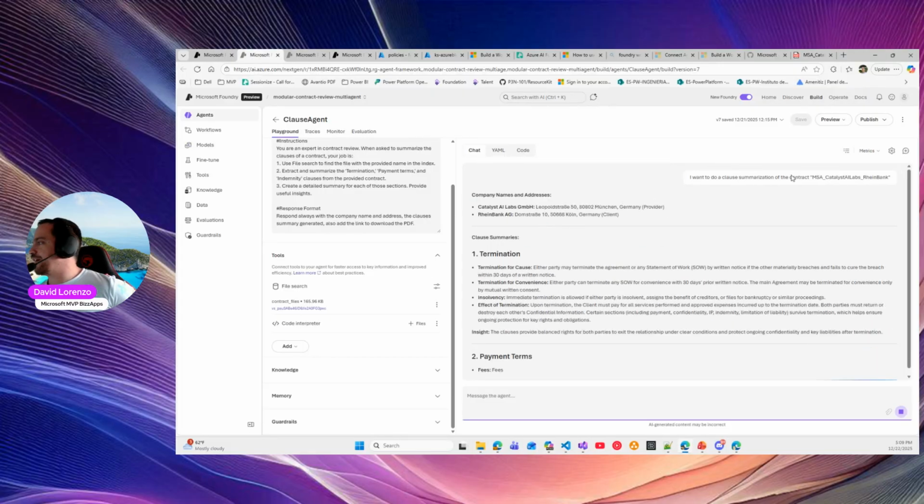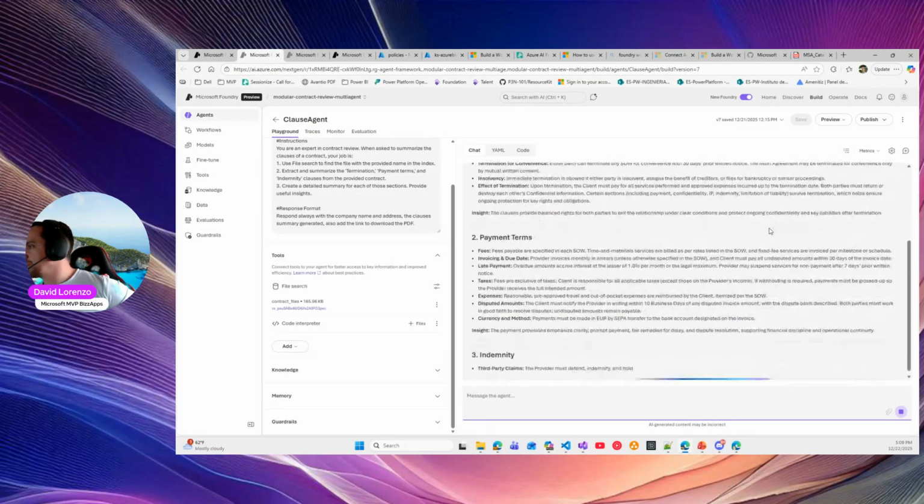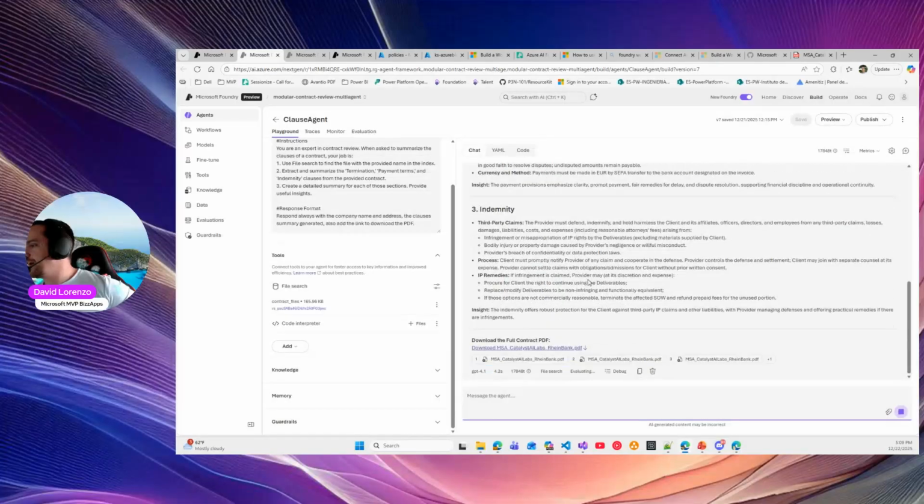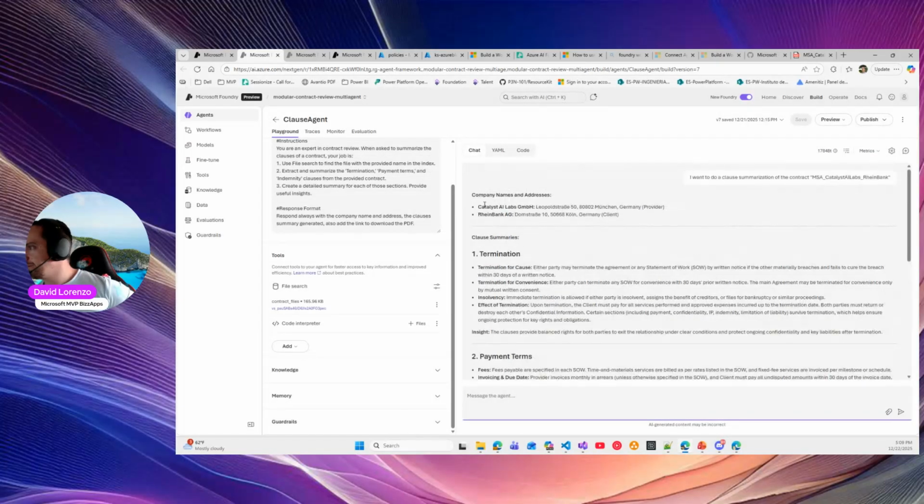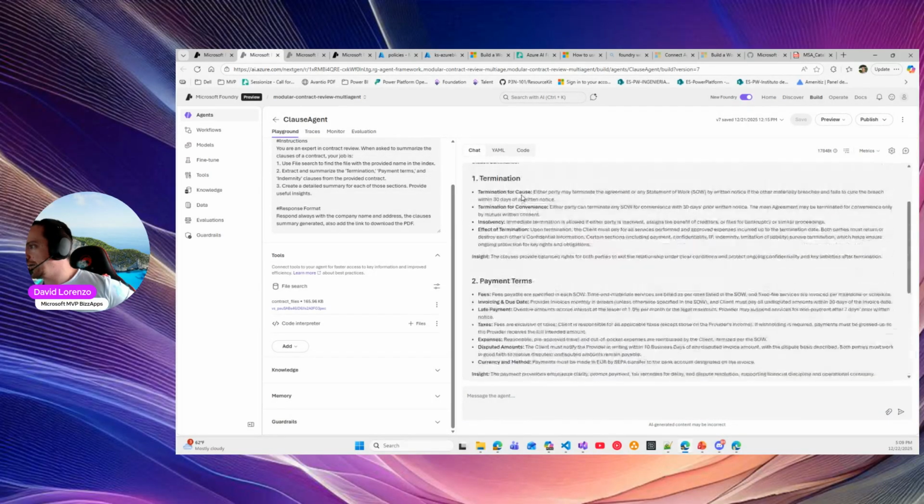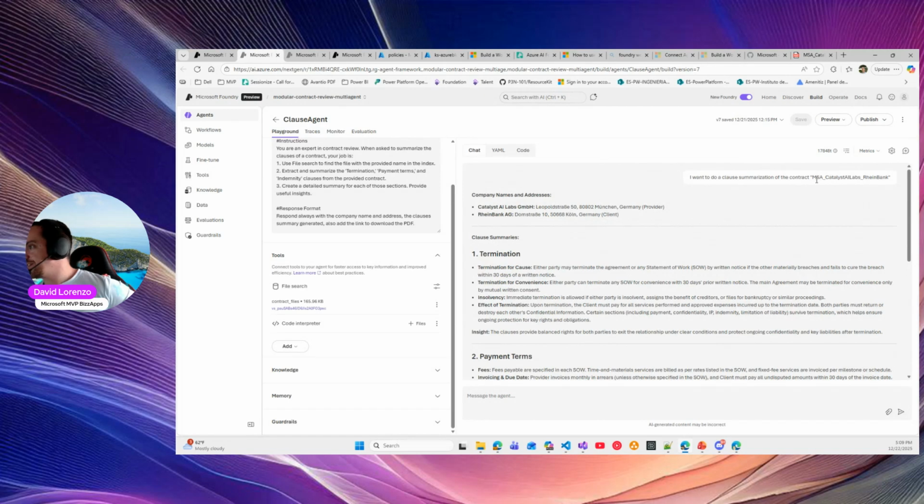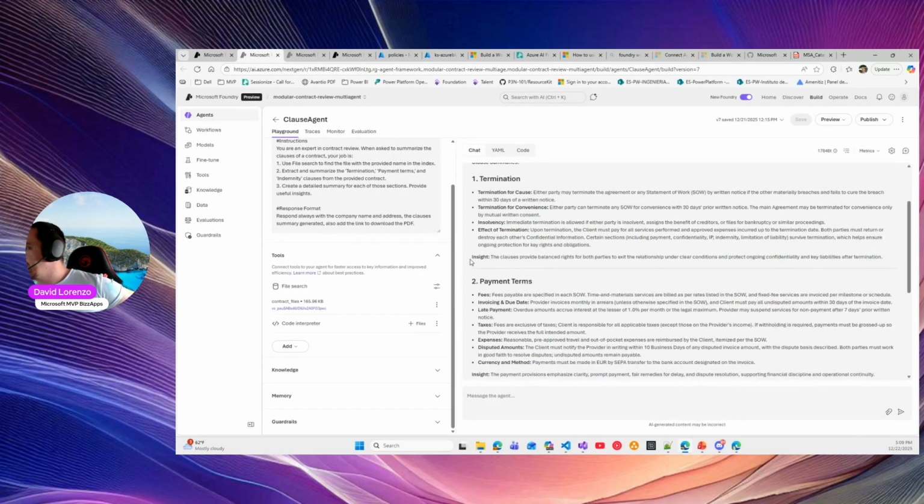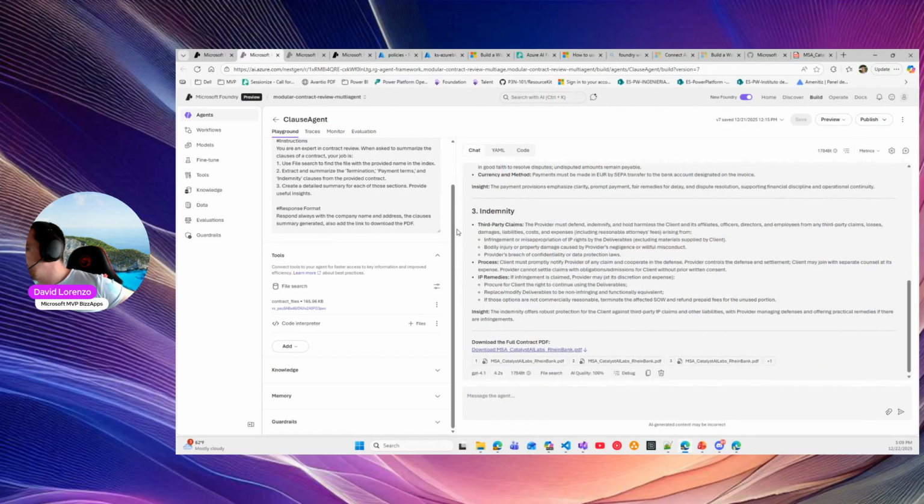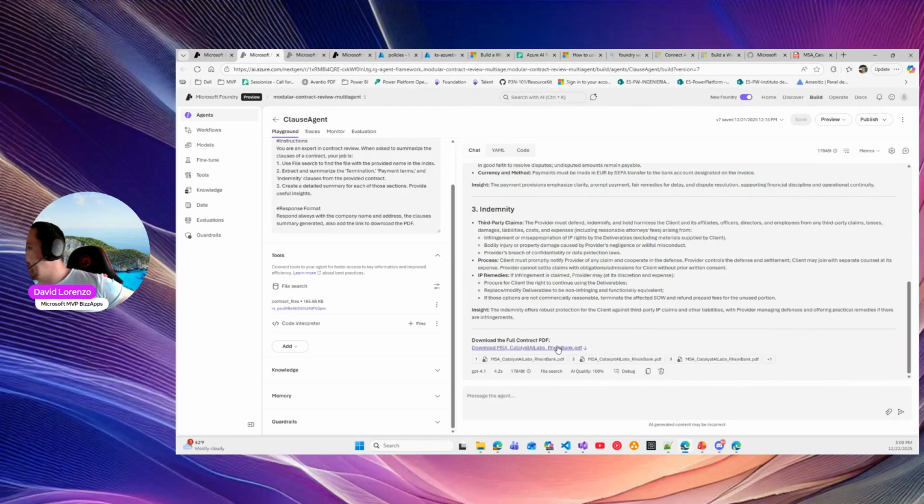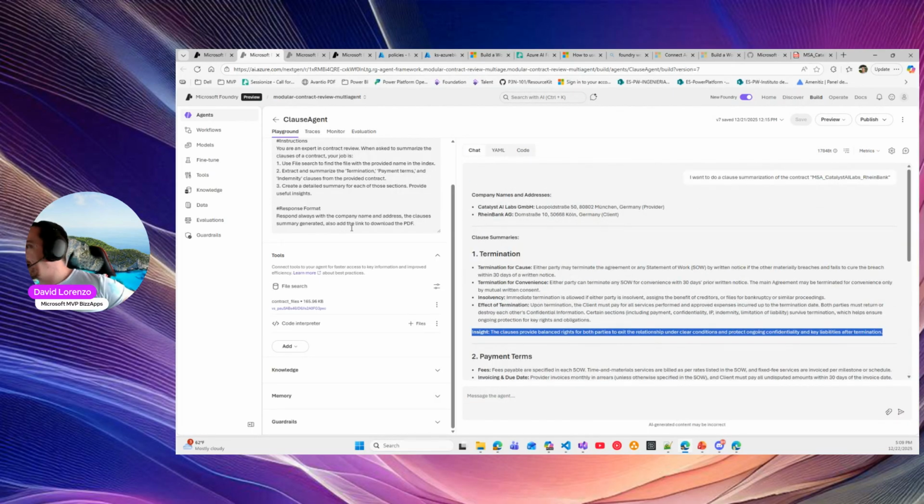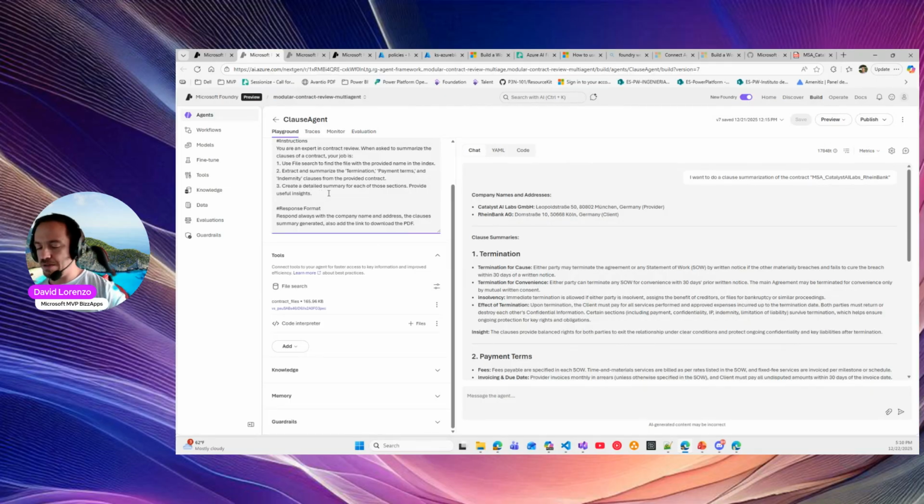Okay, so first we have the company name and address. This is the contract we are analyzing. We have all the clause summaries and the insights, so you can see the power, and then the PDF, which is not generating. This is not working. Okay, but why is it not working? Because I need to